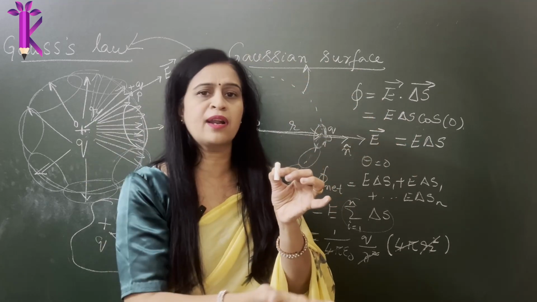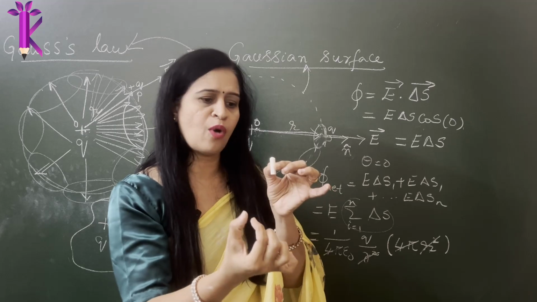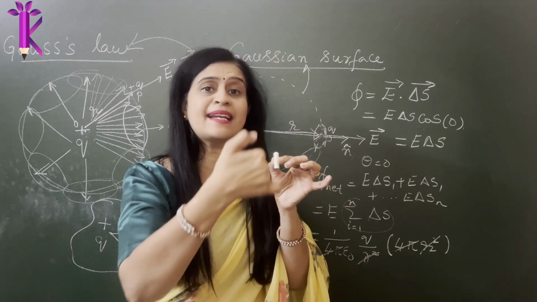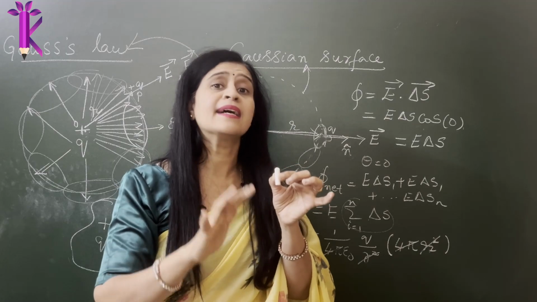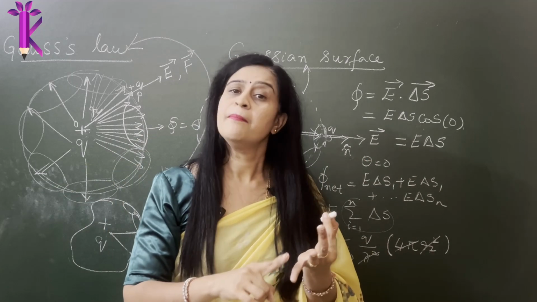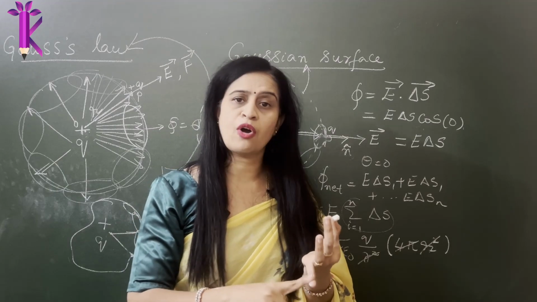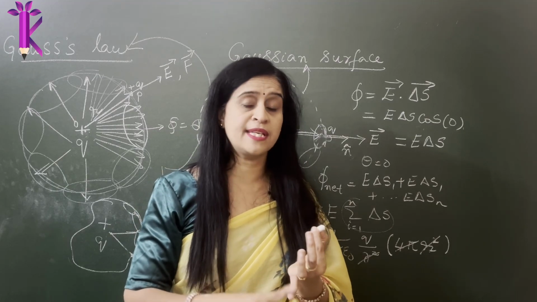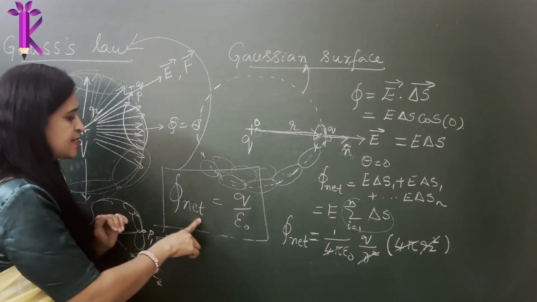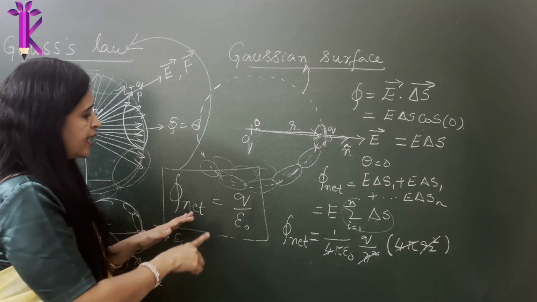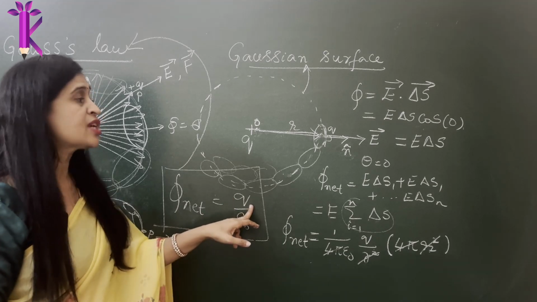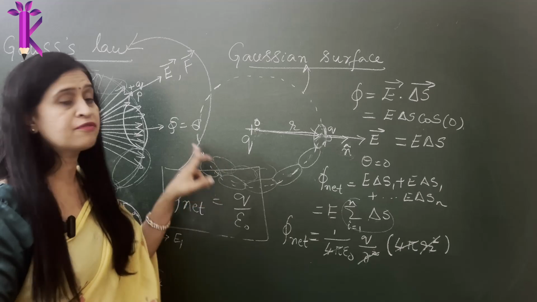I imagine a football around it, and everywhere I take a small cross-sectional area on the surface, and I see the direction of the electric field, and hence the direction of the surface area vector, are aligned, and the angle between them is 0, simplifying my calculations, making my calculations of electric field also easy, because the magnitude and direction also remain the same. So we arrive at an expression: the total electric flux will be equal to 1 upon epsilon naught times the charge enclosed by the Gaussian surface.